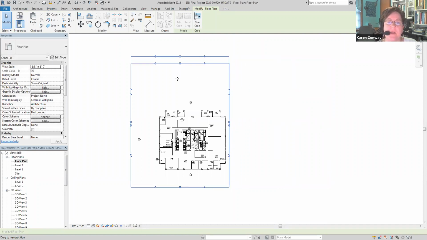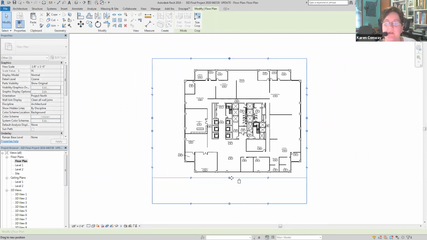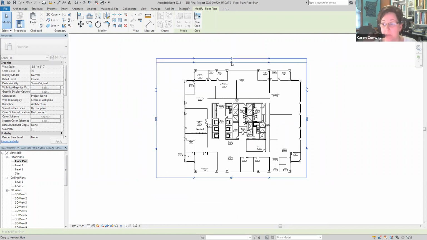So I'm going to crop it into here. You're going to pay attention to where your dimensions are, obviously. So if I had dimensions way out here, it might be to here. I'm going to put this here for now, but like I said, assuming you're going to have some dimensions on here, you're also going to have to maybe tighten them up and pull them in a bit to fit them on your sheet